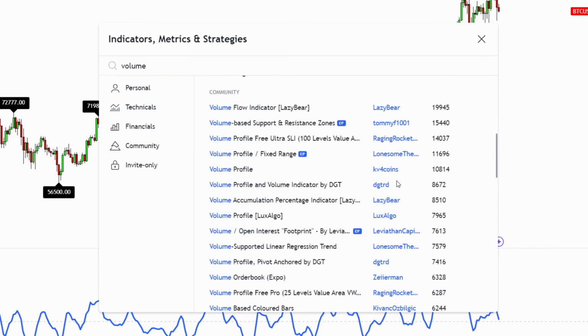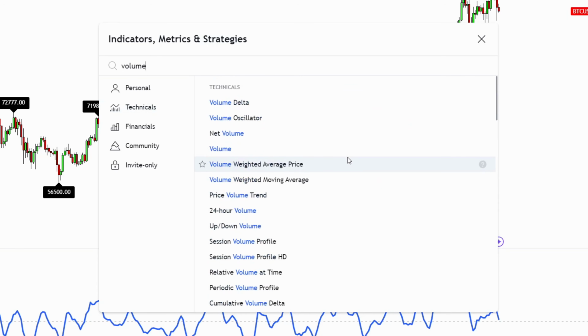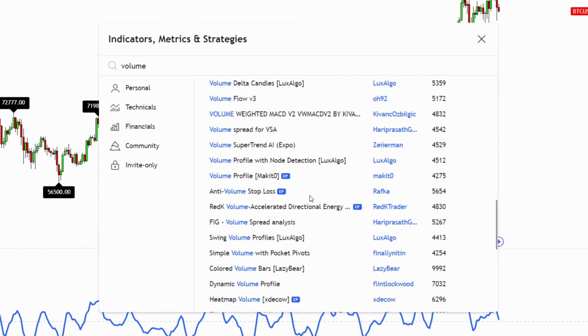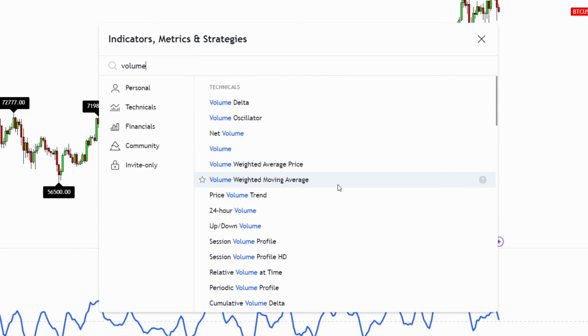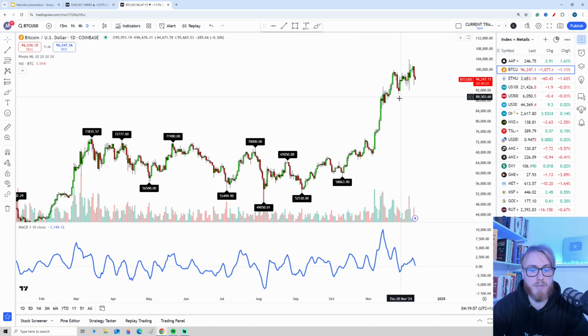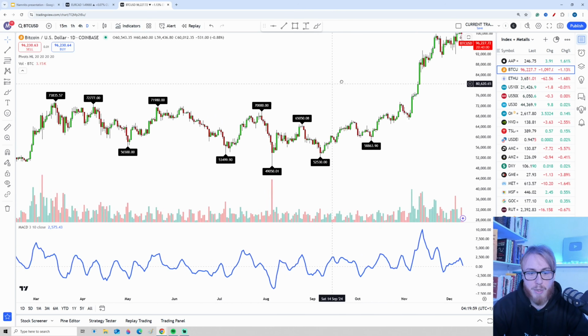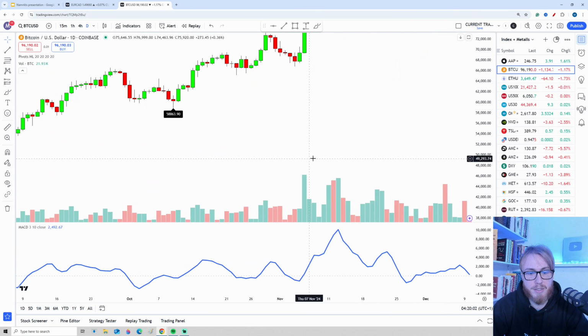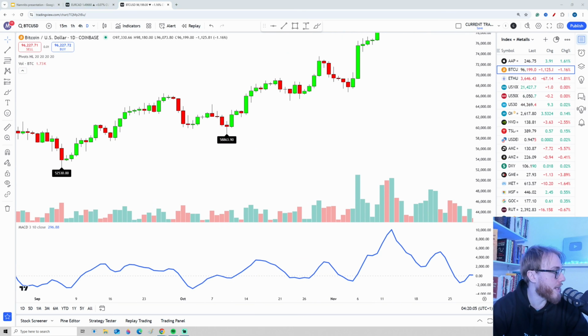When it comes to volume, we have tons of indicators, both different indicators created by TradingView, but also many community-built volume indicators. But for this video, I want to keep it very simple and just open up the normal volume indicator. As you can see, when we open up the volume, let's zoom in a bit here. You can see that multiple bars will appear here below the price. For every single candlestick, you will see that we have a volume bar. For example, for this green candle, you can see that we have a very tall volume bar. And for this red candle right here, you can see that we have a very tiny volume